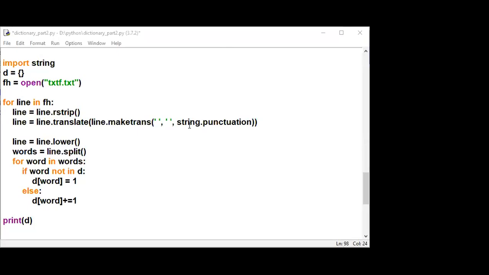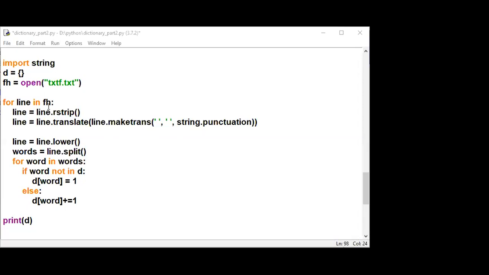But wherever a punctuation symbol appears, we are asking it to be deleted from the file. So a table is built by the maketrans function that is sent as an argument to translate.